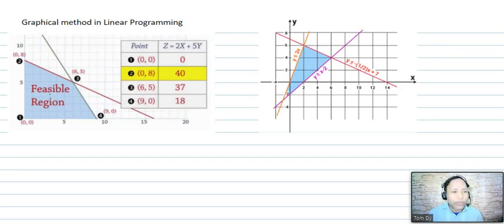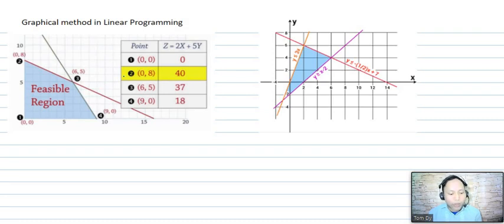This is the region wherein the maximum or minimum points from this graph are going to be determined. This feasible region